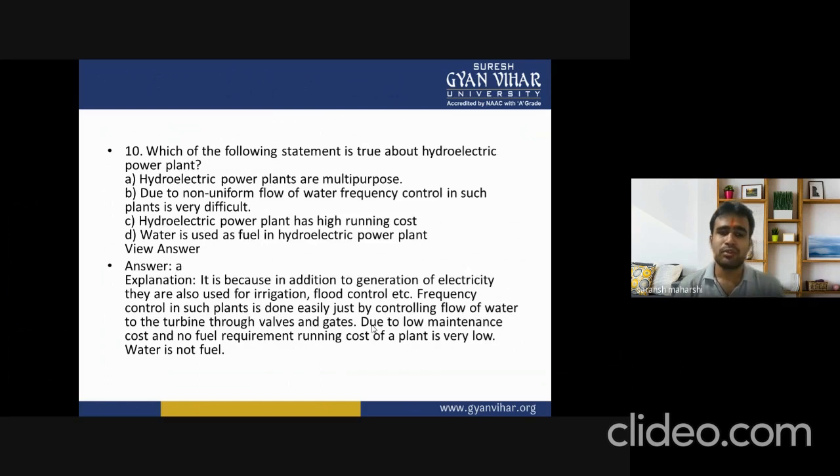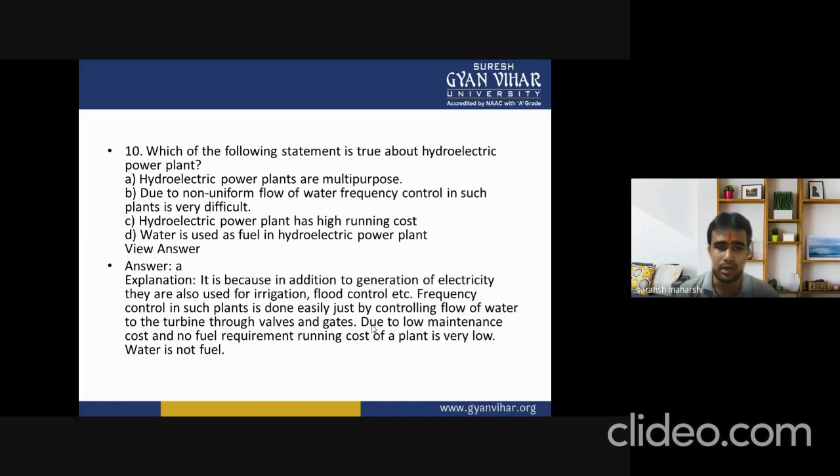Number 10. Which of the following statements is true about the hydroelectric power plant? Option A, hydroelectric power plants are multipurpose. Option B, due to non-uniform flow of water, frequency control in such plants is very difficult. Option C, hydroelectric power plant has high running cost. Option D, water is used as fuel in hydroelectric power plant. So the correct answer is option A, hydroelectric power plants are multipurpose, because in addition to generation of electricity, they are also used for irrigation,